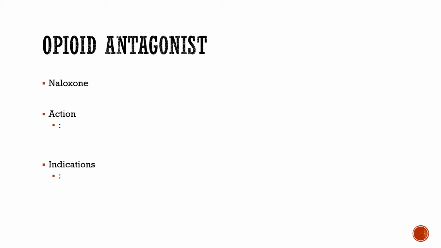So naloxone, also known as Narcan, it's also in the news a lot now because first responders are using it. A lot of police officers have it on board because a lot of times they're the first people on the scene. And then also family and loved ones can have this medicine in their house if they live with someone who's addicted. It can save lives, and it definitely has saved lives.